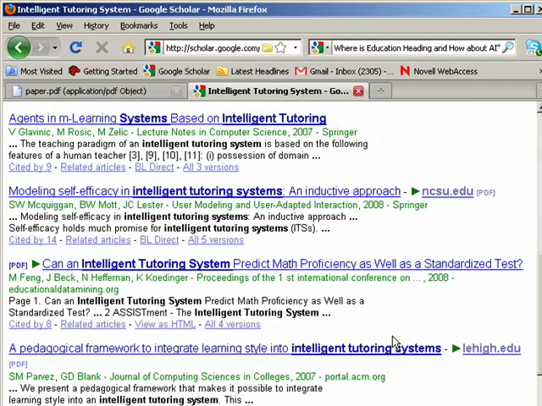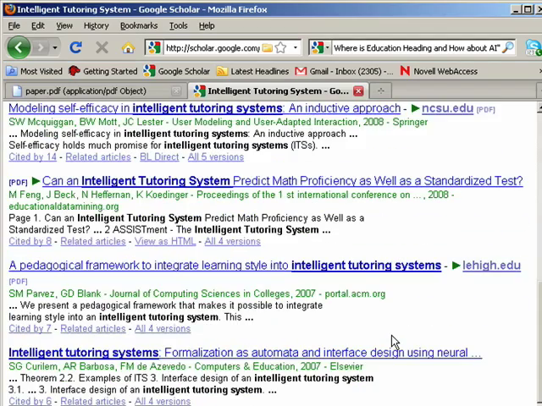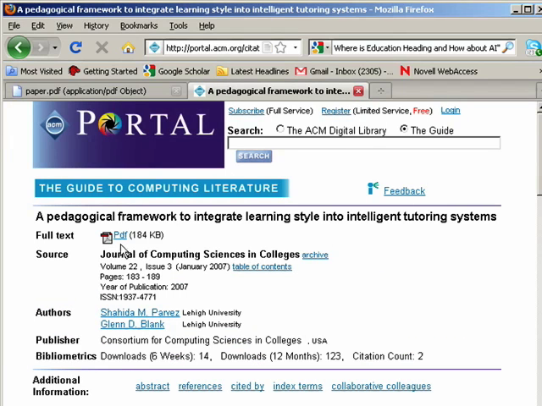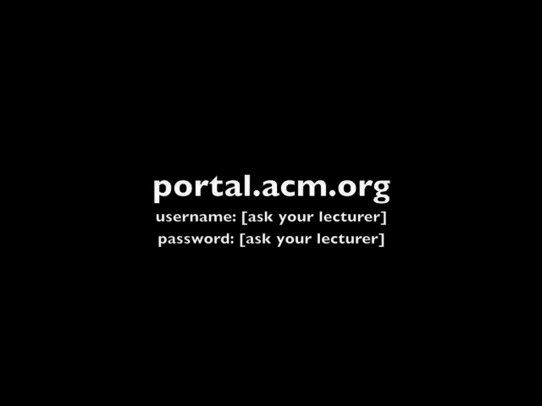If you find a paper listed as published at portal.acm.org, you can get a copy using the NHTV subscription to this website. When you go to the website, you will get a list of the paper and a link to the